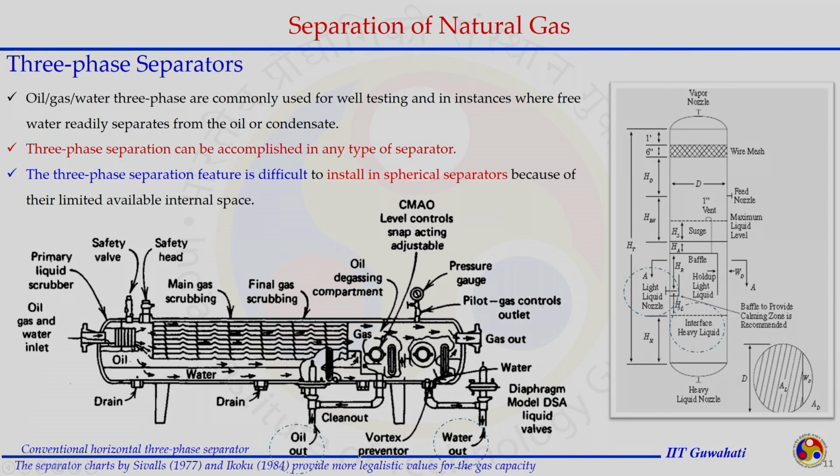So, with this, what I would like to say is that in a three-phase separator, as we already discussed for the horizontal, the vertical is also having a similar thing, where we have two different zones to take out the two liquids separately. For example, the light liquid from here and the heavy liquid from here, as we had in the horizontal separator, where the oil was coming here and the water outlet was installed here. Other than this, the three-phase separator can be accomplished in any type of design. As mentioned, they can be horizontal, vertical, spherical, or any other design.